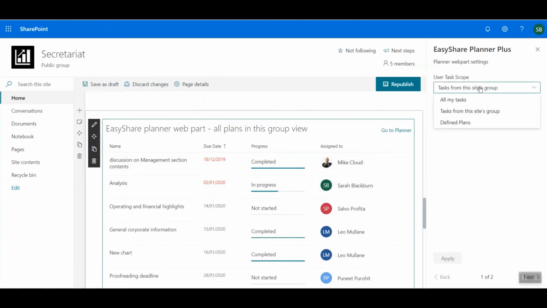So I've got a little bit more flexibility, so I can just show my tasks, and I can also do something which we call defined plans, which is to go and get a plan from somebody else's group. So the SharePoint web part can only look within one individual group. The other thing that the EasyShare one can do is it can work on a communication site, where the out-of-the-box one only works on team sites. And then once I have